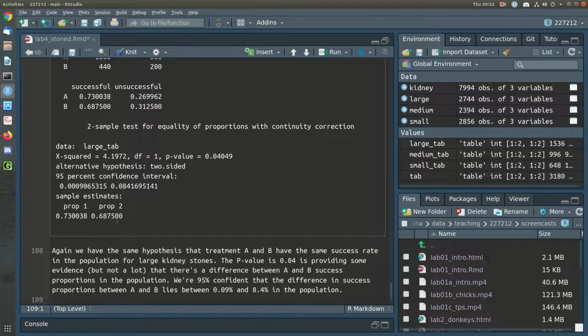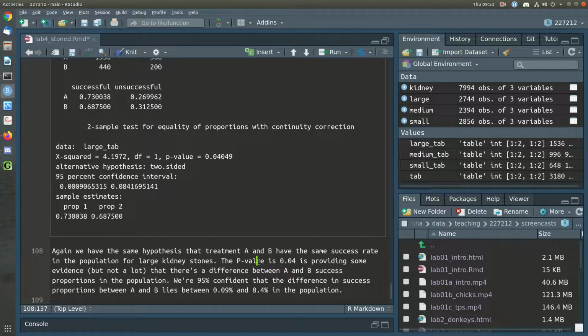We know exactly how big the difference was in the sample because we can compute it directly. We don't know that about the population, so that's why we're adding a bit of vagueness around our statement. We're providing some evidence, but maybe not a lot. We're allowing ourselves to be wrong, because if we're concluding that there's a difference, our p-value is only 0.04, so that's telling us that we would have observed this difference just due to chance about 4% of the time,